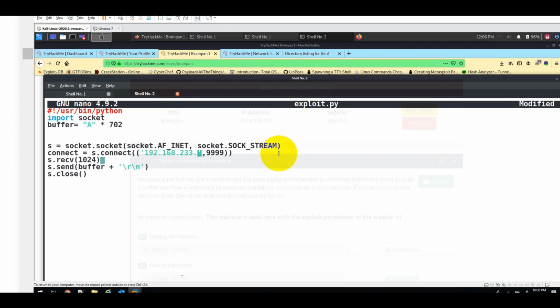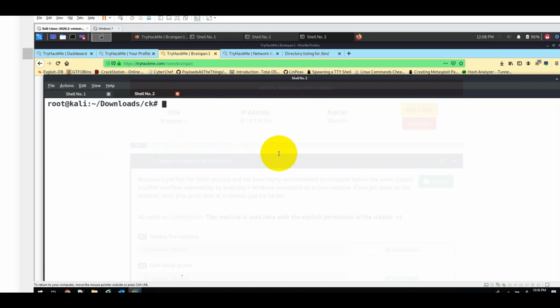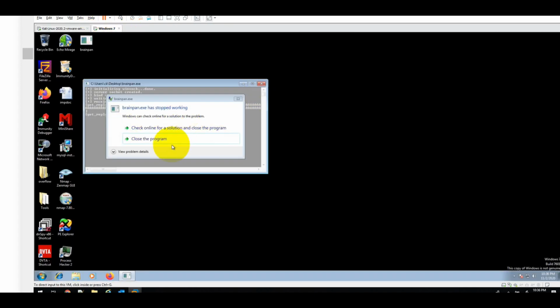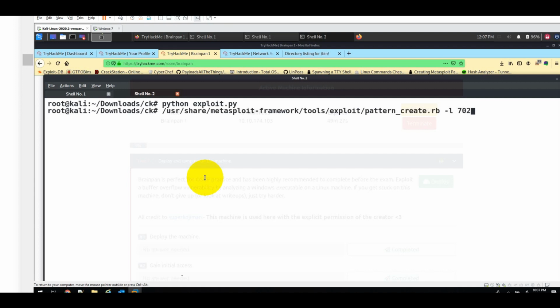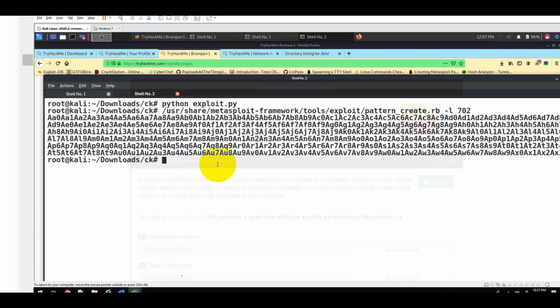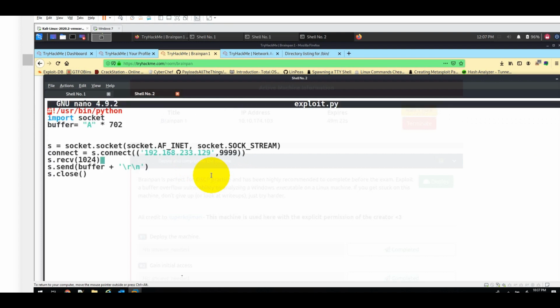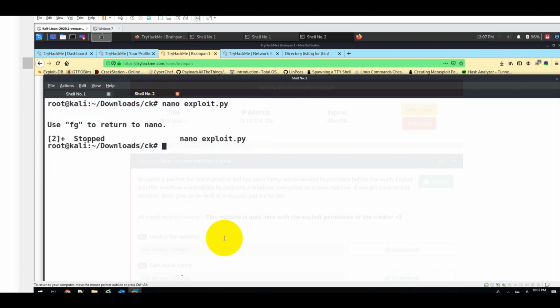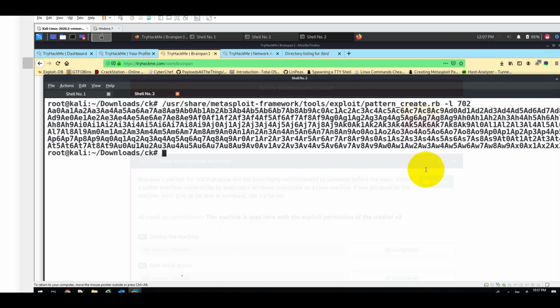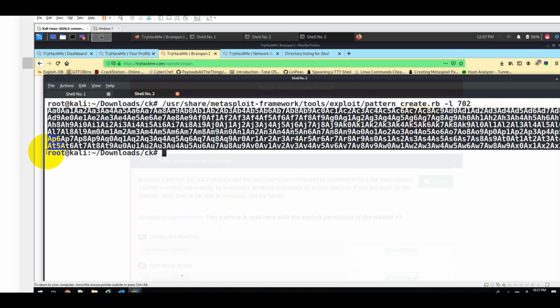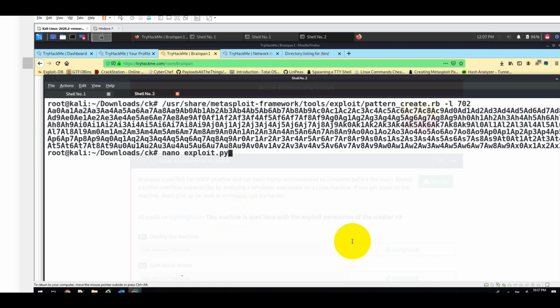Looks like everything is well set after the IP update, and I'll just save and start running. Before running, I would also suggest you can try attaching Immunity Debugger, but the first time we are just trying for the crash, to see whether a crash is happening or not. The next step is to create a pattern. We'll be using msf pattern create with random characters, to find out exactly where in the EIP we are having the crash. I will copy the entire string and put it into the Python file.